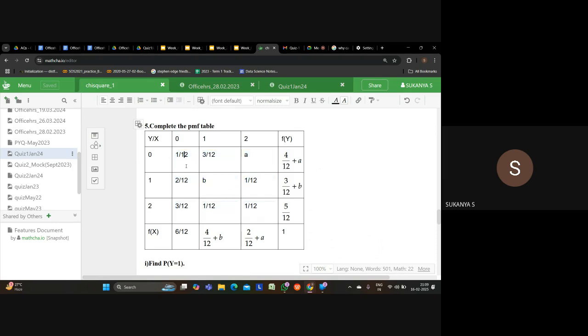Now, if you add here 1 by 12 plus 3 by 12 is 4 by 12, plus 2 by 12 is 6 by 12, plus 1 by 12 is 7 by 12, plus 3 by 12 you get 10 by 12, plus 1 by 12 is 11 by 12, and plus 1 by 12 you get 12 by 12, which is equal to 1, right? So even with the available probabilities, you are already getting 1. You don't need any more probabilities. If you add anything more, this will not remain a probability distribution table. So the value of A and B is 0, or A plus B is equal to 0.